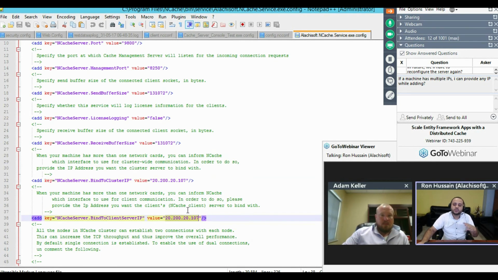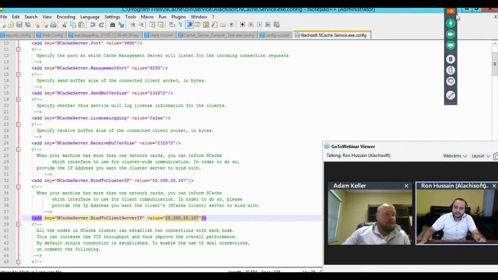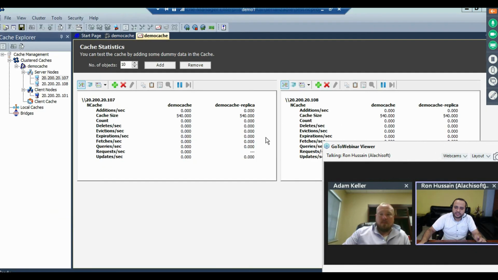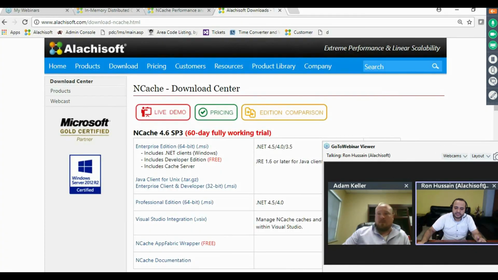With multiple NICs, you have an ability to route NCache traffic between different NICs, so that's an additional feature that we have. You have to specify the IP that is specified within this configuration file, and we pick the one where the machine name gets resolved. So that's the IP NCache uses by default, but you can change it at any given point, and that's the IP that you need to use inside NCache Manager and all the configurations that you make from that point onwards. I hope that helps. Now I'll come back to my presentation